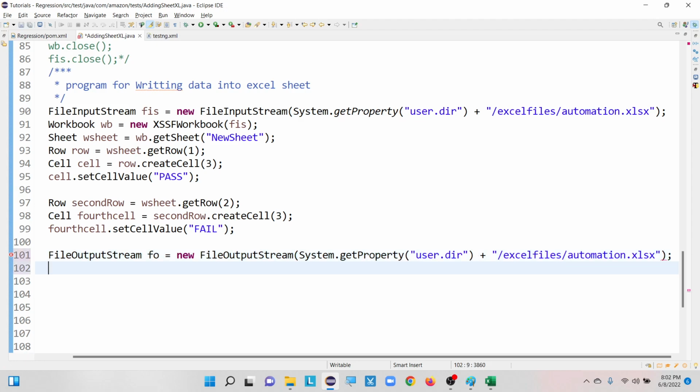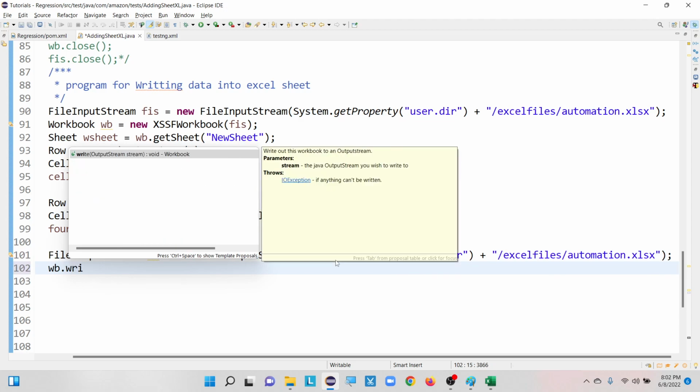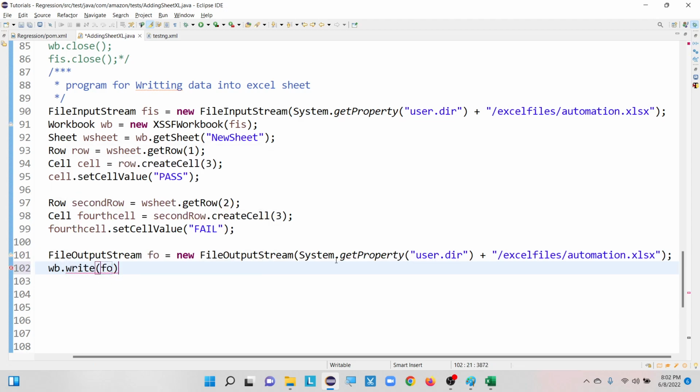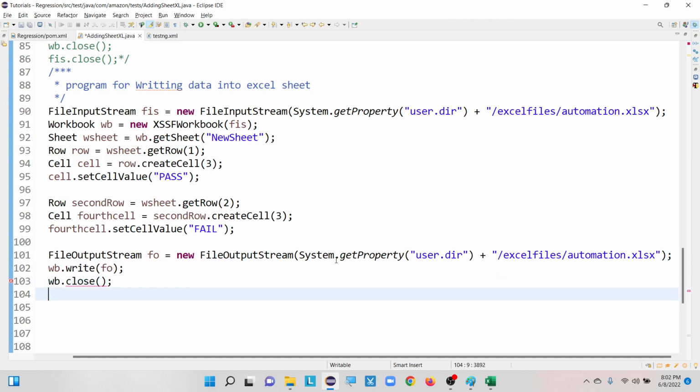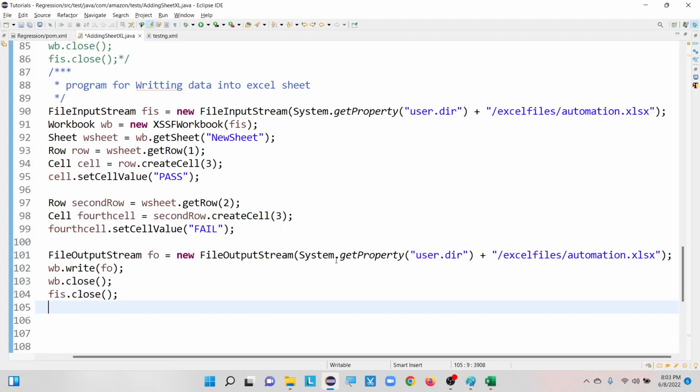Once it is done, if we are doing a write operation, that means wb.write(fo), we need to close that workbook first. After that we need to close the file input stream as well, dot close. Once this is done, we are going to close that file output stream also, that is fo